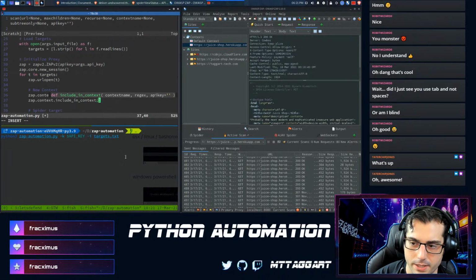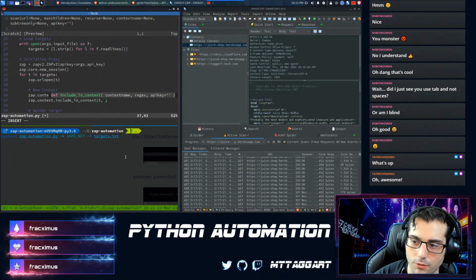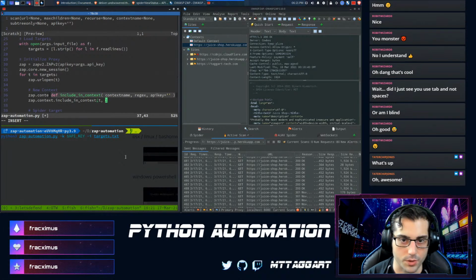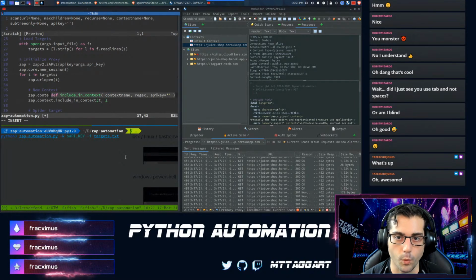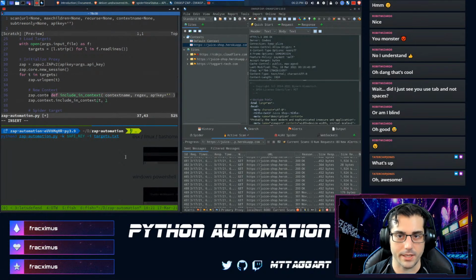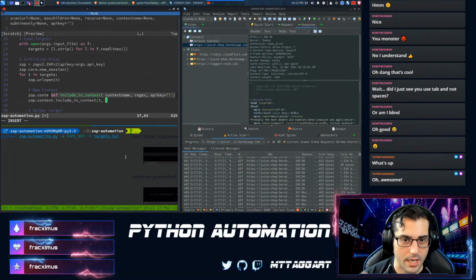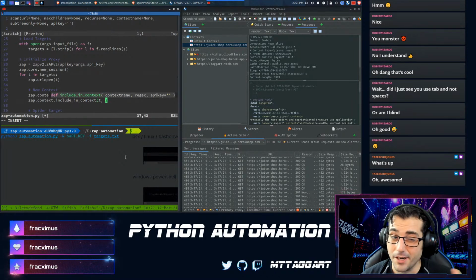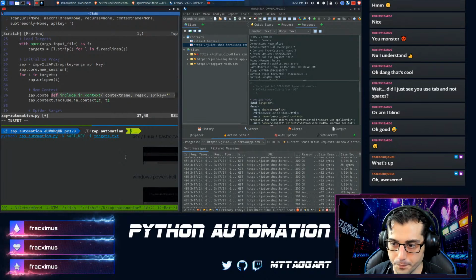One of them is the context name, which is going to be the URL, and the second is the regular expression that the context uses to match. Now, I was a little worried that I was going to have to do some weird stuff to translate a URL into a real regular expression, right? Escaping the forward slashes, stuff like that. Turns out Zap doesn't care, and it'll take it anyway. So we can just use the URL as the second argument as well.